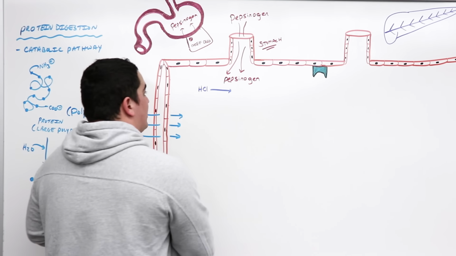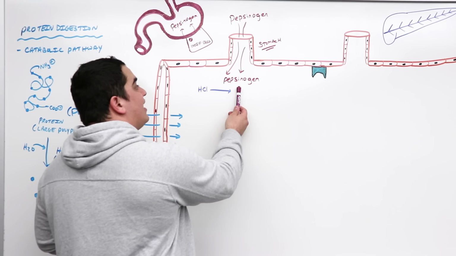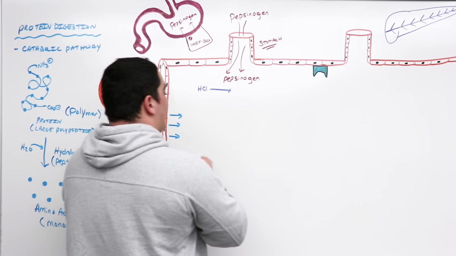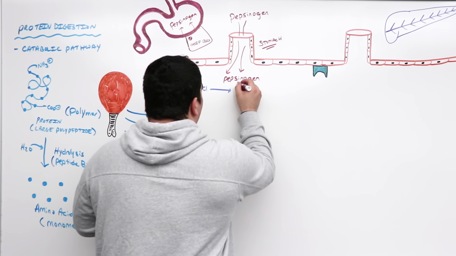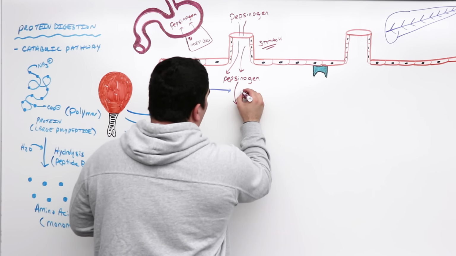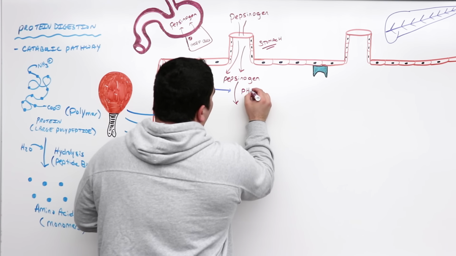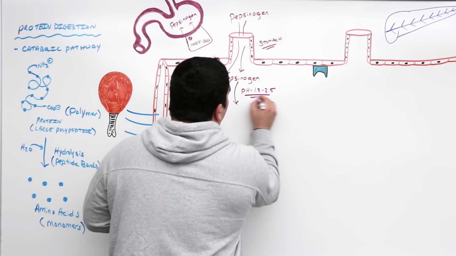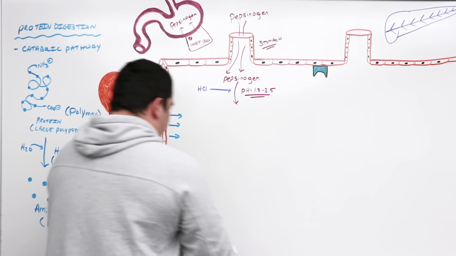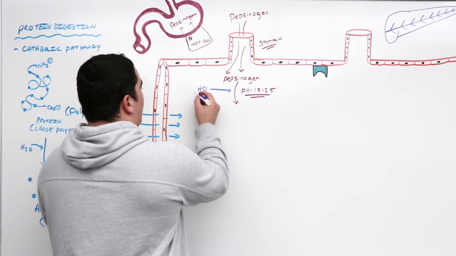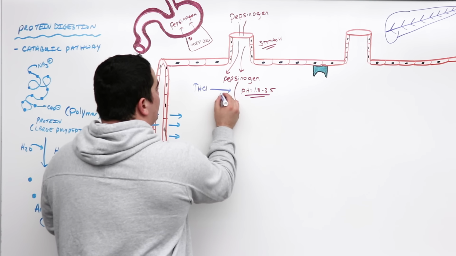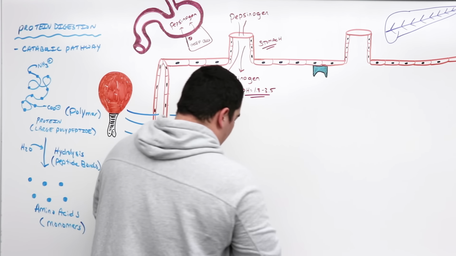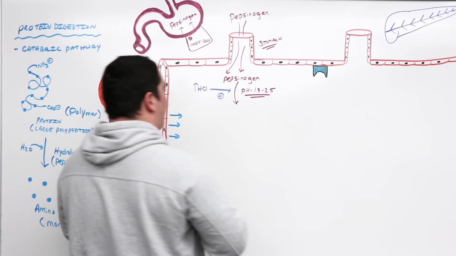And what that does is, this pepsinogen is an acidic type of enzyme. It loves to be in acidic environments. So in acidic environments, around a pH of anywhere from 1.8 to 3.5, this is its optimal range, the hydrochloric acid concentration, if it's nice and high, will stimulate the conversion of pepsinogen into its active form, which is called